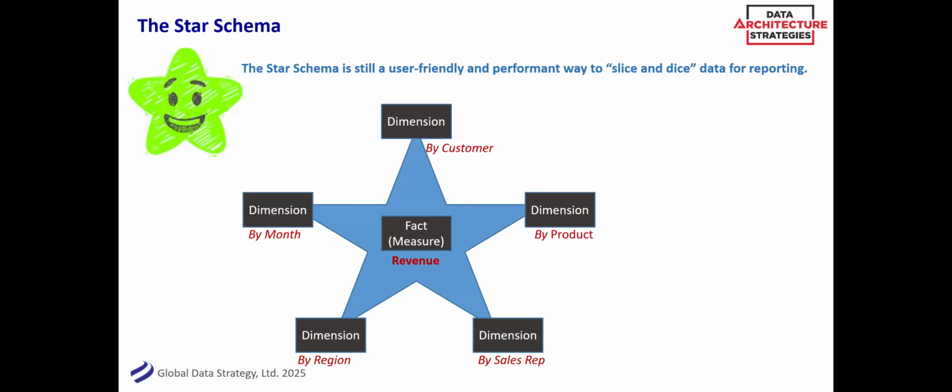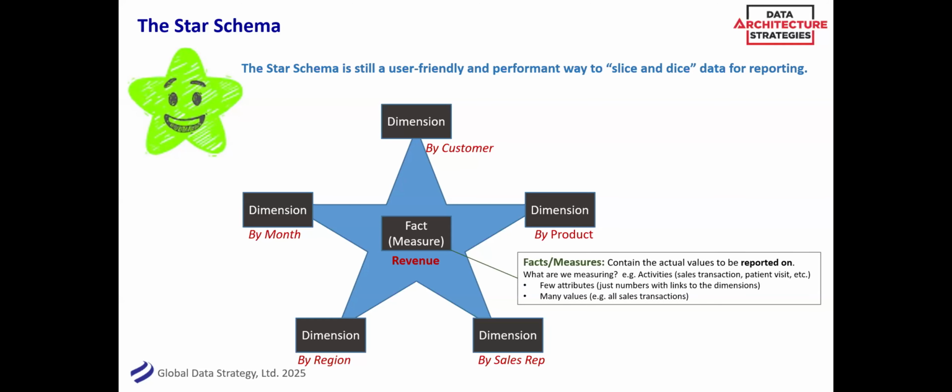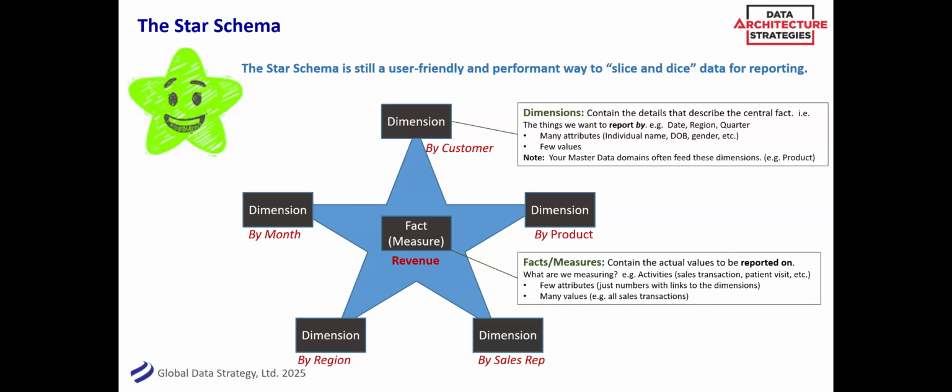And I start to hear those things described by something I think is probably a dimensional model, right? So this is the stuff I want to report on, your fact, and these are the dimensions of the things you want to report by. Often it's your master data that feeds those. That's your fancy word, the conformed dimension, which just means I have a single, consistent view of customer across all